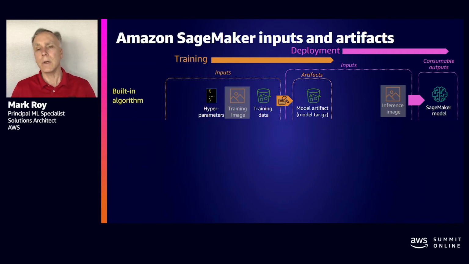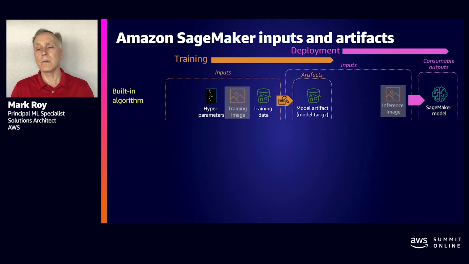And you can see the training image and the inference image are grayed out there, and that's because SageMaker gives them to you. What you need to provide is what are the hyperparameters that you want to use, and then provide the training, testing, and validation data that will be used. Out comes the model artifacts from that training, and that can then be deployed into different environments. So that's the first approach and the most straightforward.